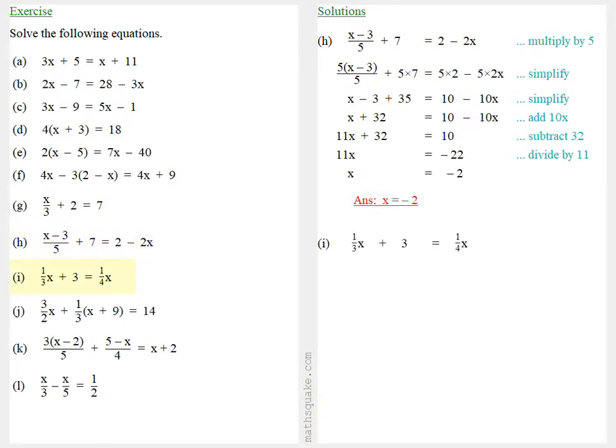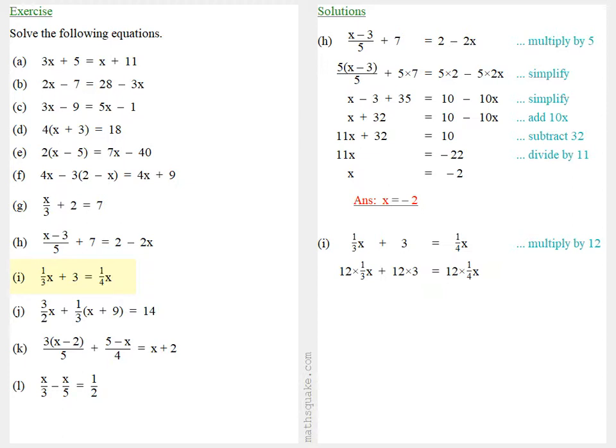In question I, we have a third x plus 3 is equal to a quarter x. Now to get rid of the fractions, we need to be able to cancel by 3 and by 4. So we'll need to multiply by 12 because 3 and 4 go into 12. So we multiply all the terms and have 12 times a third x plus 12 times 3 equals 12 times